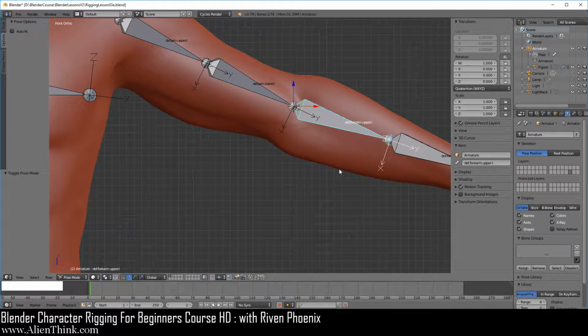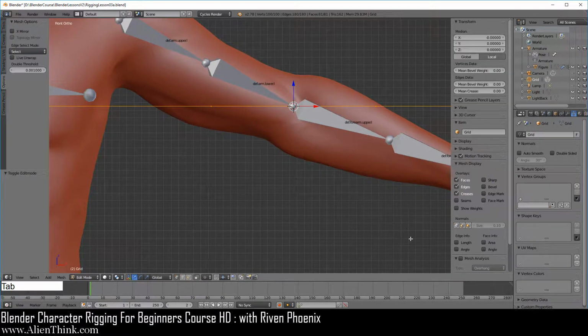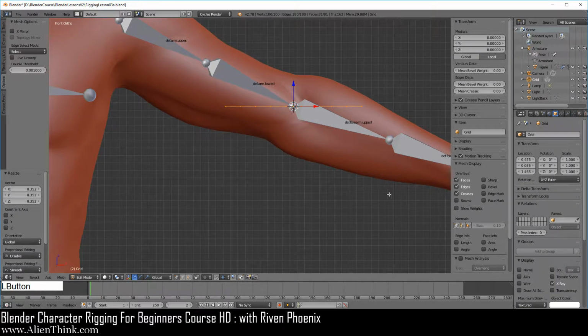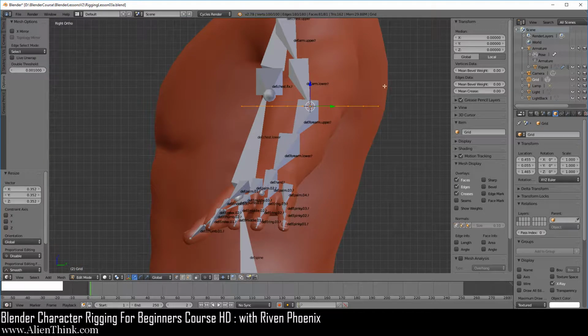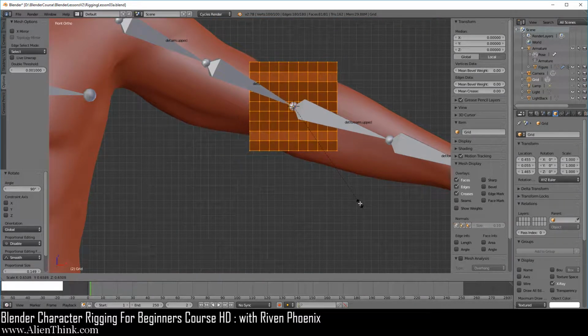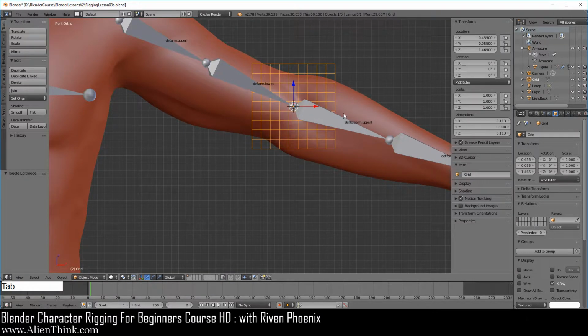Go ahead and switch to pose mode, do Shift A, and over here just add a grid, press the Tab key, press the S key, and just scale this down quite a bit over here. Okay, now of course if we want to see this through the figure, we have to go to the Object tab and enable X-ray. Now press the 3 key to go to the right view. Because the tail of the bone is always aligned to the y-axis, we have to press the R key, press the Control key down, and rotate this by 90 degrees. Press the 1 key. Now I'm going to press the S key and scale this down just a bit more like this. Do X and let's delete only faces, and now press the Tab key.